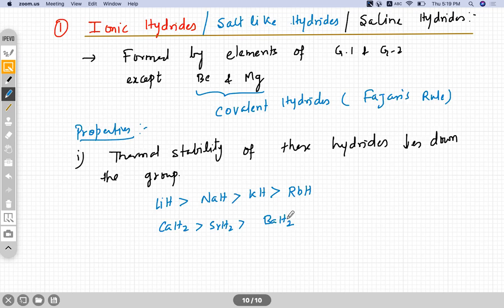So density is higher. One very important property here: